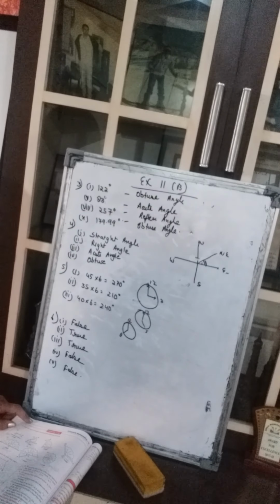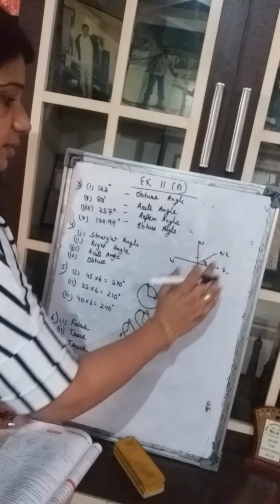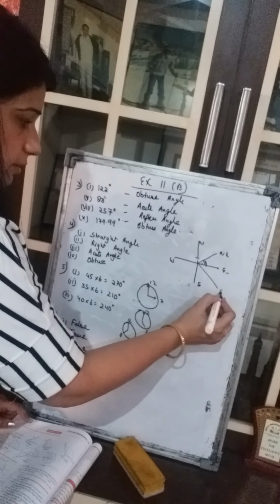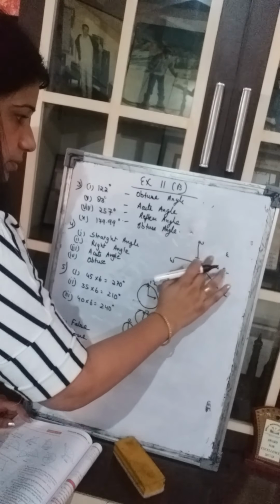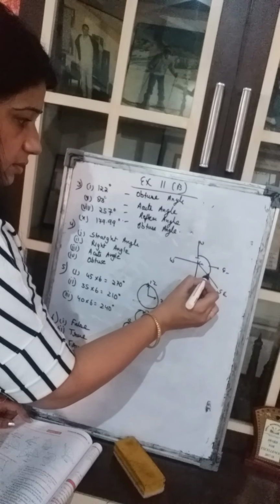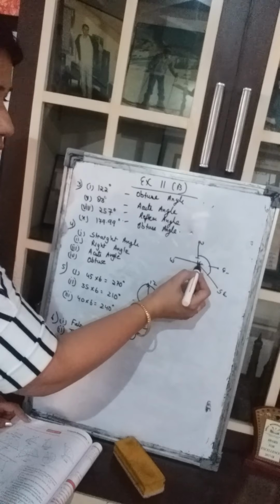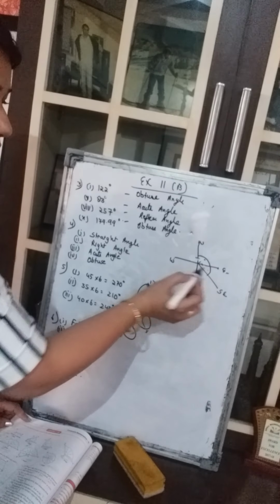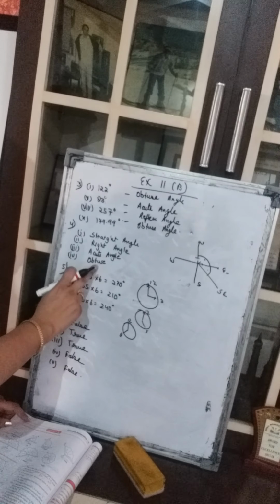Now fourth one they are saying between north and southeast. Okay. Southeast, let's draw southeast here. Okay. So now they are saying between north and southeast. So it is more than 90 degree. This one till here it was 90 degree. More than 90 degree it will become obtuse angle.